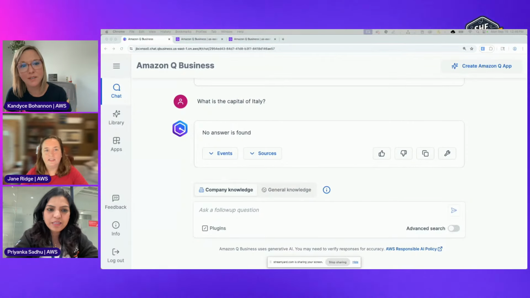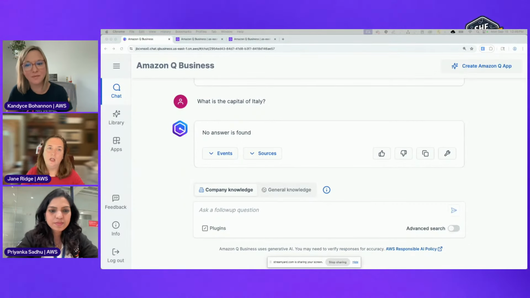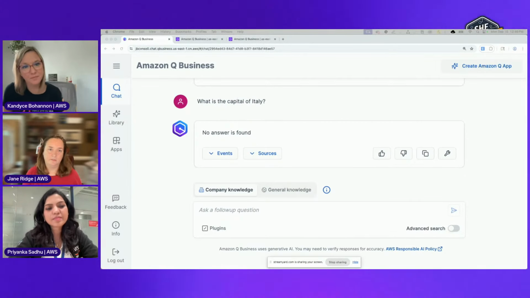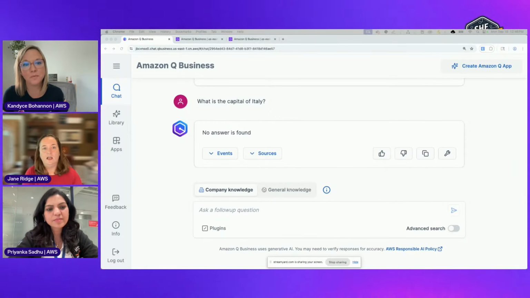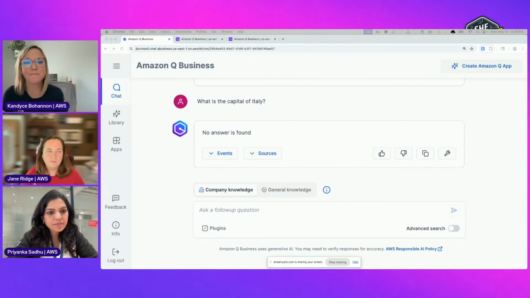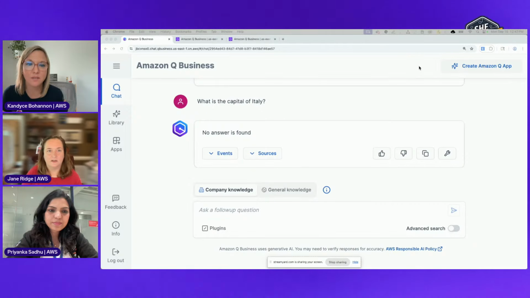behind the scenes? That's a great question. That's another key with, I would say, not all of the managed services, because I think Q Developer is a bit different. But when it comes to Q Business, basically that is obfuscated from you. It's using a large language model, but you cannot say, I want this one versus that one. There are trade-offs to that. If you get to the point where something like this requires a little bit more customization, that's when you might ask, do we need a managed service or do we want to build our own? But this is just out of the box. It's going to pick whatever is the best one in this scenario.